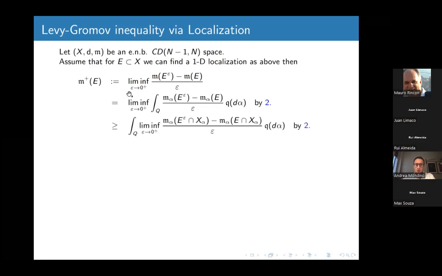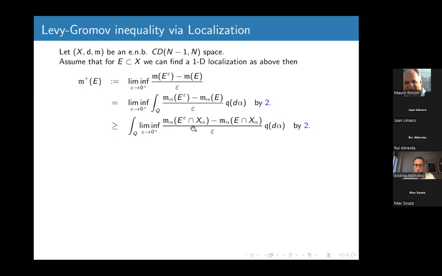Okay. Now I have the liminf inside, and I can bring the liminf inside with Fatou's lemma going lower. So the Fatou lemma tells me that I can bring the liminf inside having the lower bound. This is fine because in the isoperimetric inequality I want to find a lower bound on the perimeter, so on the boundary measure. So I'm still happy if I go down.